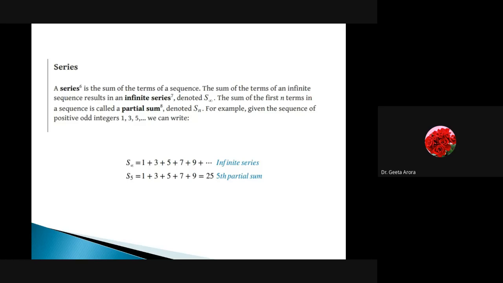If we talk about the next thing we have learned, that is the series. And what is the difference between sequence and series? A series, we have learned, is the sum of terms. In a sequence we separate the terms by commas, and we write out whether it is a finite sequence or an infinite sequence. In a series, we take the sum of the terms that we have written in the sequence. And again, it can be an infinite series or a finite series.